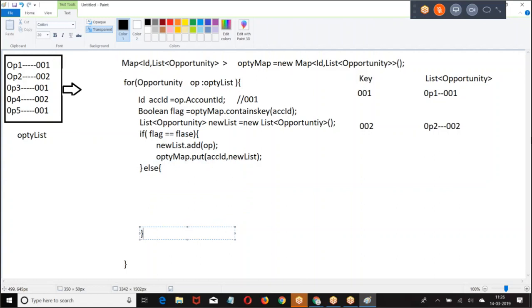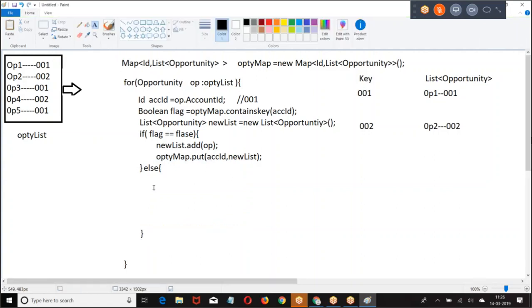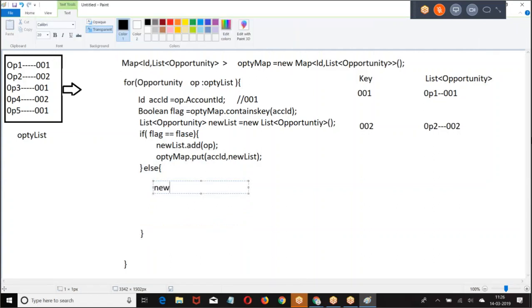If already map contains the account ID called 001, then I told new list equal to optimap dot get ACCID. Get me the values which are there for the key. It is opti1. In the map, what is the value we have for 001? Get it.